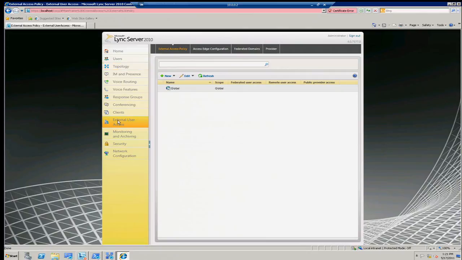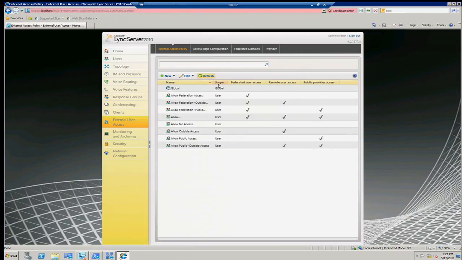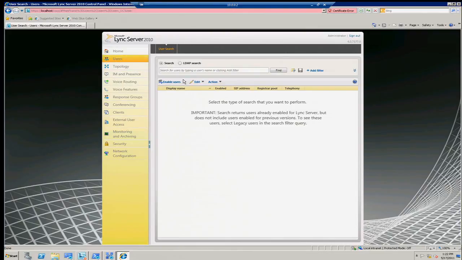So here we have the external user access. If I hit refresh, you can see that we've actually pulled in some new settings for external user access. Now, what's interesting here is this is the one case where we do a translation. We've changed the way that we represent external user access from 80 to Lync Server 2010, and by doing that, we actually permute the older values. So that's the end of the demo for import configuration, and the last part of the demo is actually moving